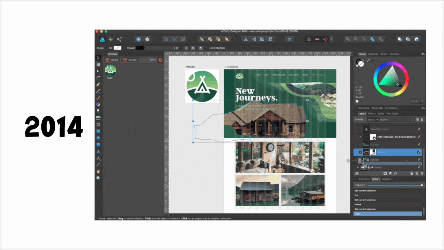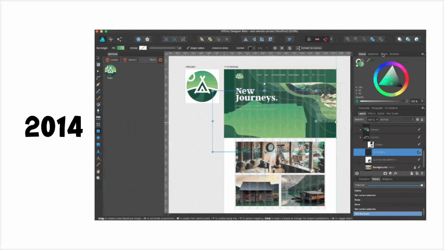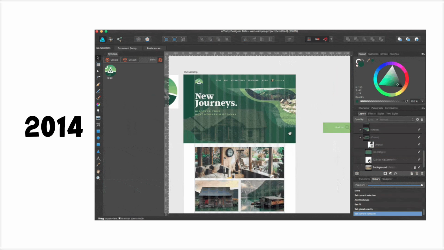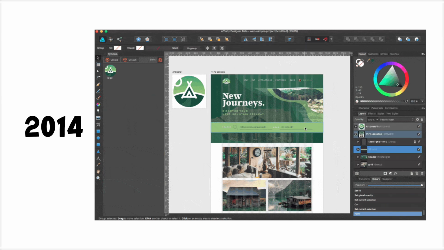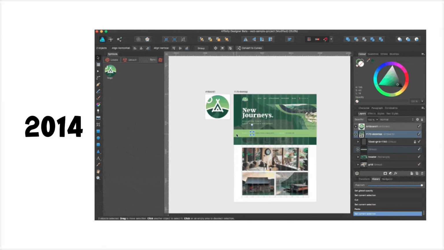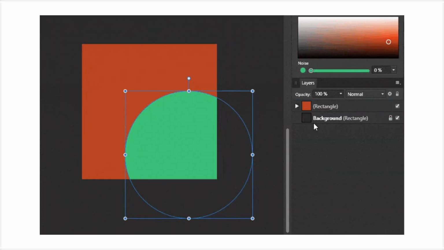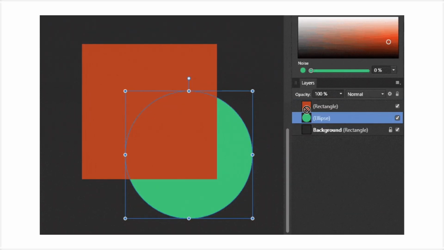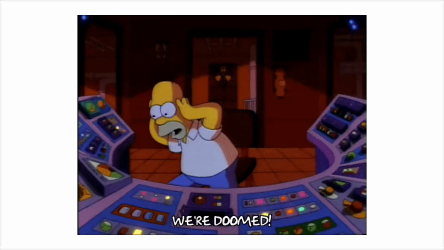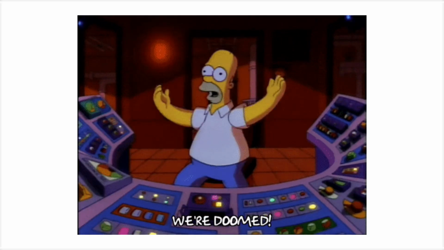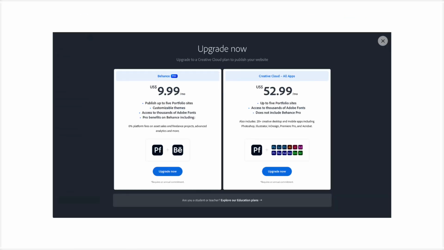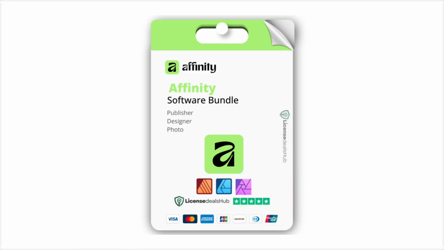Affinity Designer launched in 2014, professional vector graphic design software developed by Serif Europe as an alternative to Adobe Illustrator. It is widely used for logo design, branding, illustrations, icons, UI design, and marketing materials. It also combines vector and raster editing tools in a single application, allowing designers to switch between both workflows without changing software. Unlike Adobe's subscription model, Affinity Designer is sold with a one-time purchase, making it especially attractive to